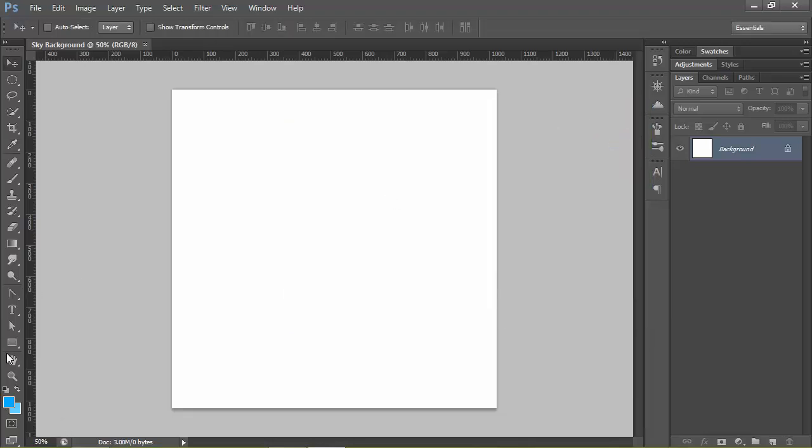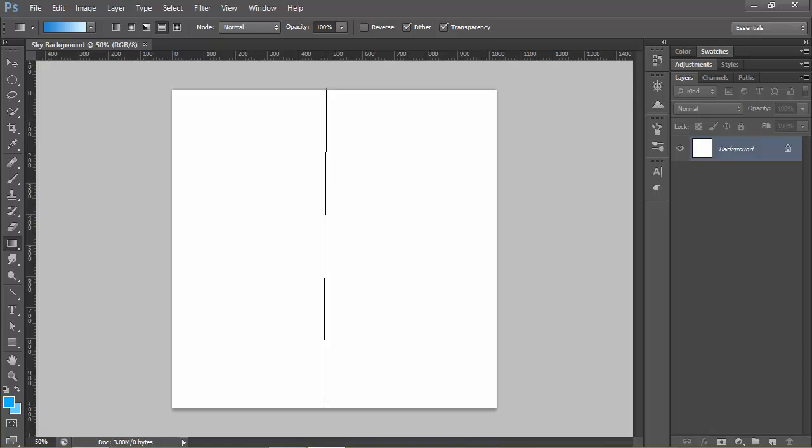Now that we've done this, if we come over here and click to select our gradient tool, you might see the paint bucket tool. Just click and hold to open up the submenu. You'll see that it takes those two color values and generates this preview for the gradient, so we can see roughly what it's going to look like. So that's great. I'm going to click at the top and then I'm going to drag all the way down